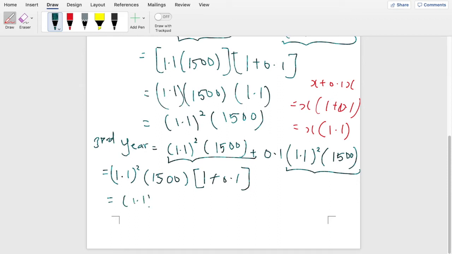So this is a 1.1 square, 1500. And in this bracket here, we have a 1.1. So now we have a 1.1 cubed times 1500. Do we see the pattern here? So you can calculate this will be the total amount that she owed at the end of third year, but